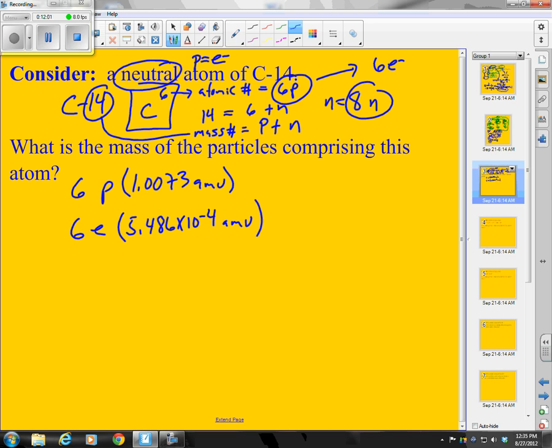And I have 8 neutrons times a mass of 1.0087 AMU. When I add these together, what do I get? 6 times 1.0073 plus 6 times 5.486 times 10 to the minus 4th plus 8 times 1.0087. If my calculator works, I have